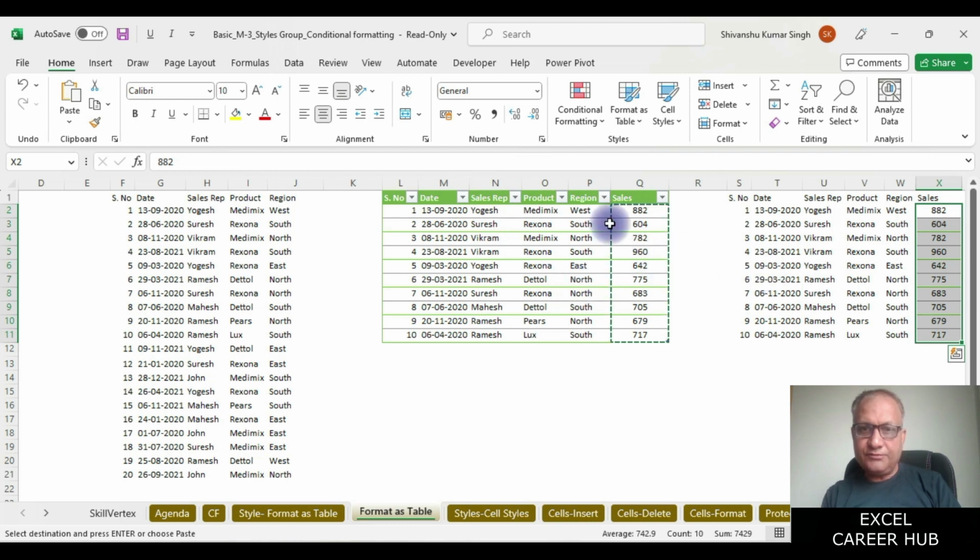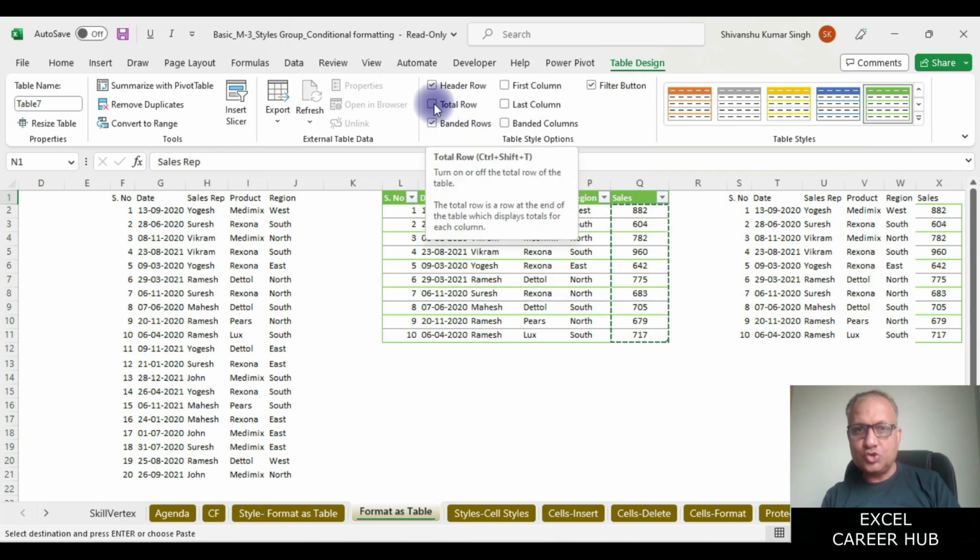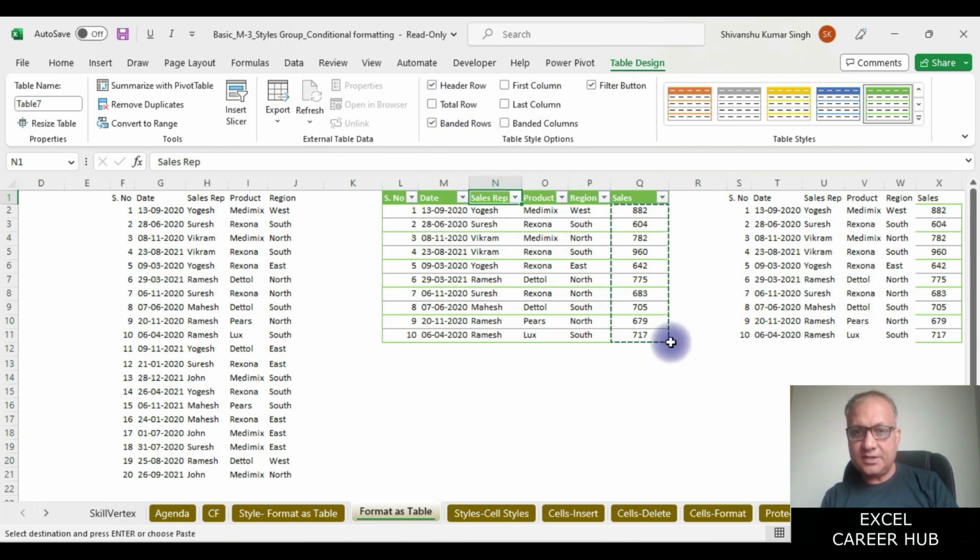Now friends, when I'm clicking on this table and going to the table design, if I click on the total row, you will see that I'll get a